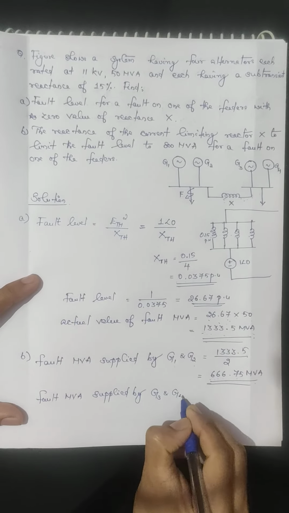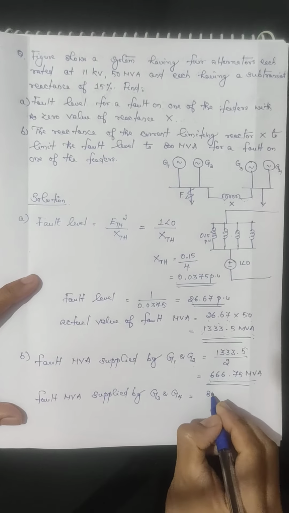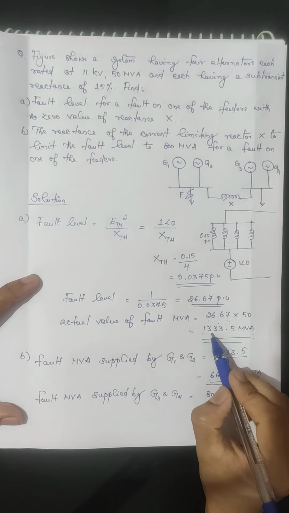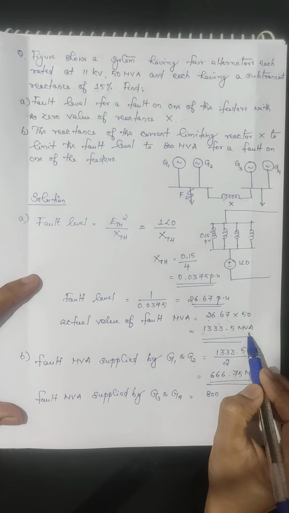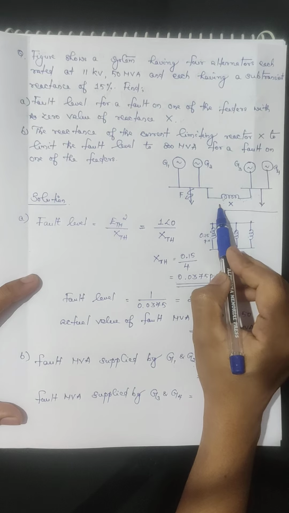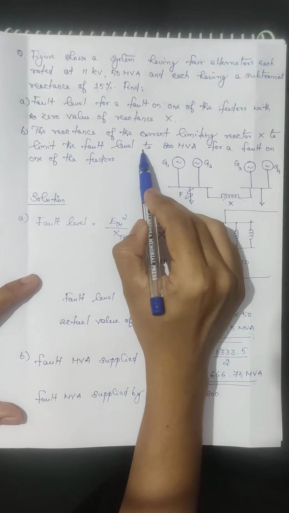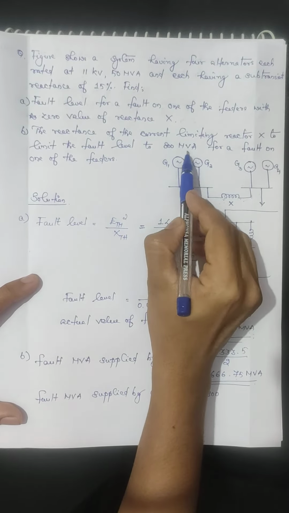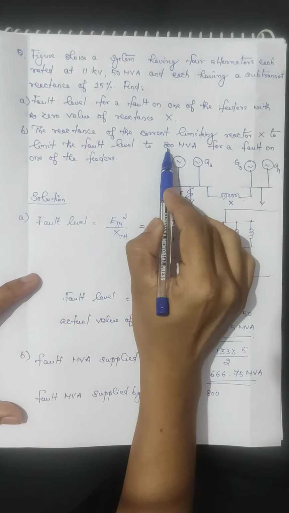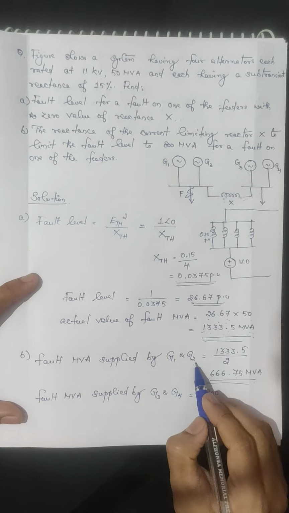G3 and G4 will be equal to the total fault MVA, that is 800. Originally the value was 1333.5 MVA. When we connect a reactor here, the value of fault MVA will reduce, and we have to reduce that value to 800. So the new value of fault MVA is 800, and in that G1 and G2 will supply